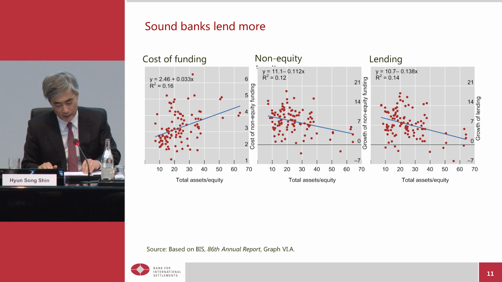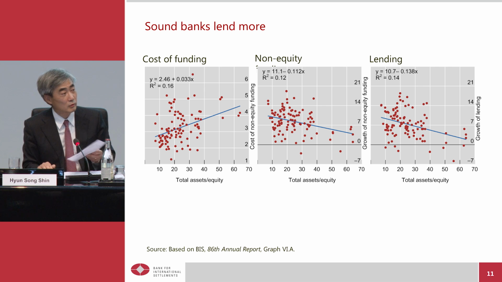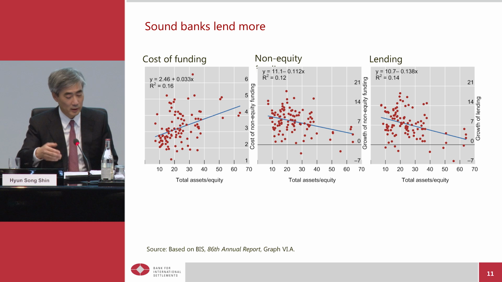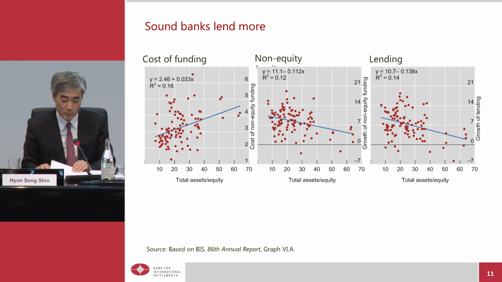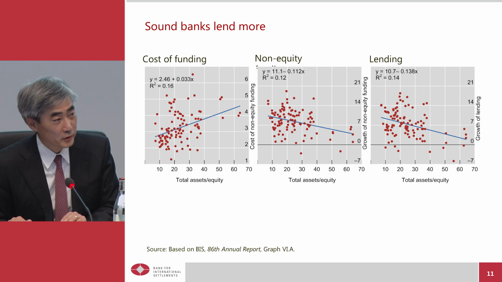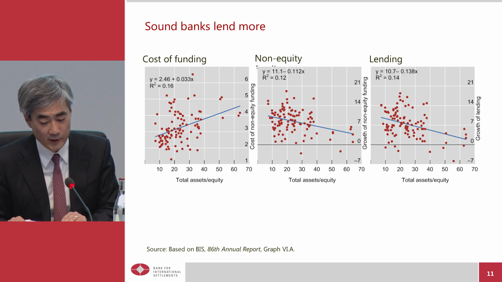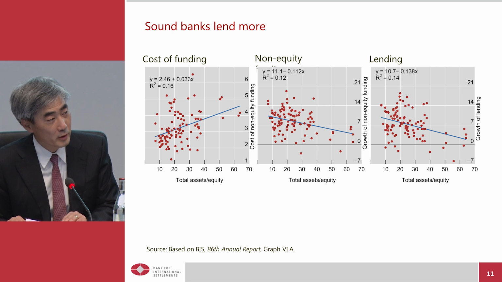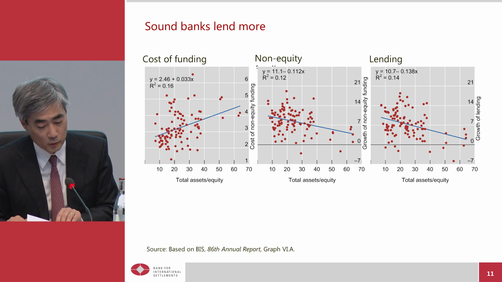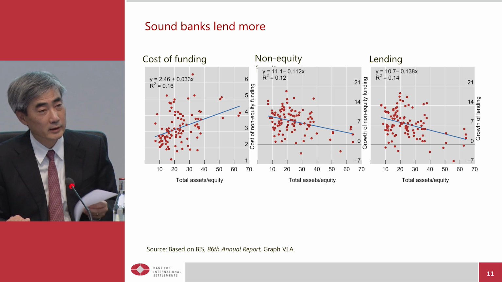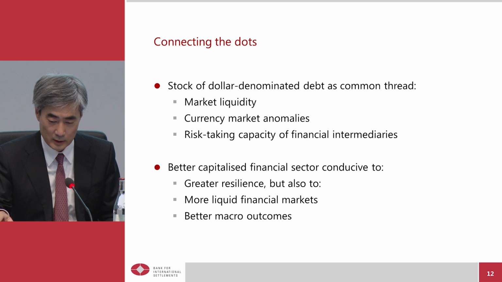So what we find is that a 1 percentage point increase in equity as a proportion of total assets is associated with a 0.6 percentage point increase in the annual growth rate of lending. So in this respect, prudential policy towards a better capitalized financial sector turns out not only to be conducive to greater resilience, but also conducive to greater risk-taking capacity in support of more liquid financial markets and better market outcomes,